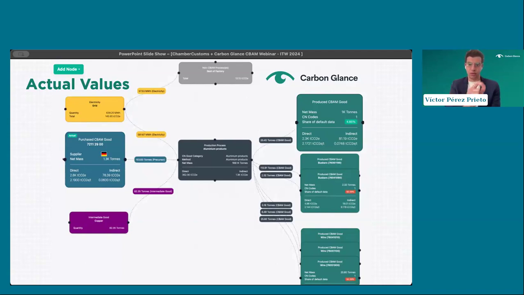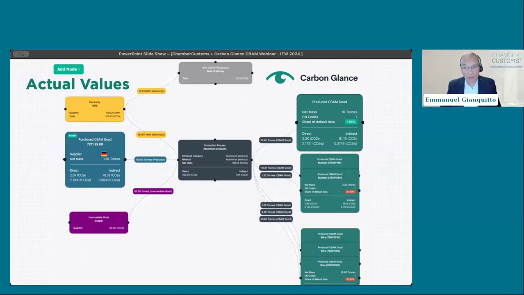I think Emmanuel mentioned before that in order to comply with the CBAM method, you need to attribute quantities of the inputs that you use in your factory in order to attribute emissions. And this is primarily what we are observing here. In this case, we only have one single CBAM production process, but you could have multiple. And the tool allows you to represent that complex reality. And thank you very much.